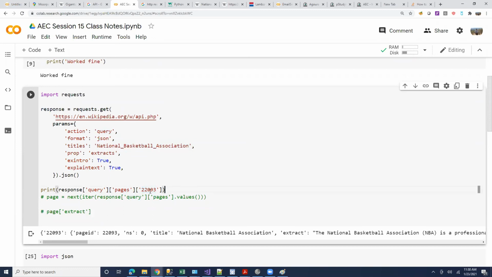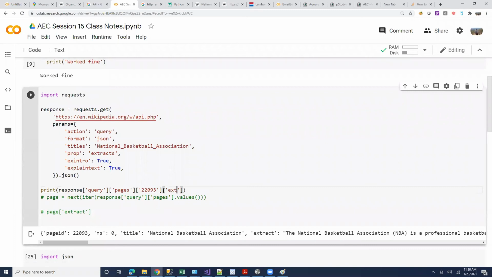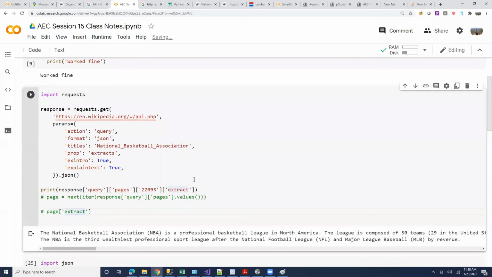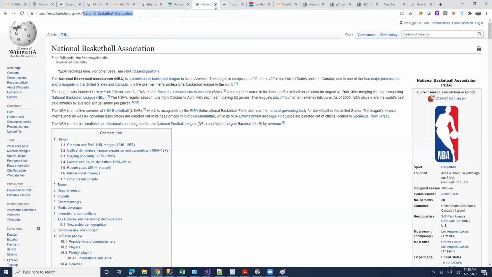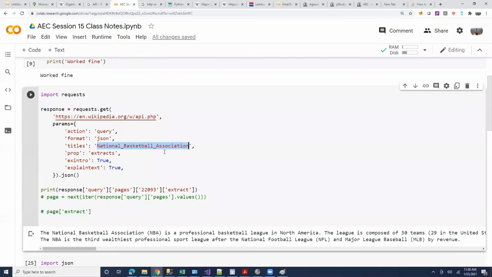Of course, this is not wrong. I can type it this way, right? And I can even type it off extract. There is nothing wrong with this method, just that it is now hard coded for NBA. This won't work when I go back to Major League Baseball, right? So when I go back to this, now it will give me an error. What error would it give me? Any guesses what error would it give me?